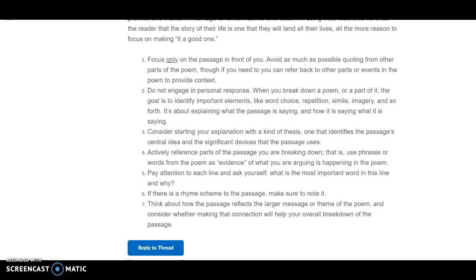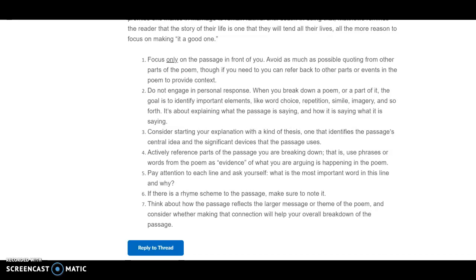One was a sample close reading of the 4 lines from William Matthews' A Happy Childhood, the same 4 lines that I asked you to work with for that very first discussion post close reading. And the other part, the one that we're looking at right now, is the kind of pointers of how to approach a close reading fairly successfully and in the ways that I'm looking for and that generally are asked for when you are being assigned to do a close reading or a passage explication.